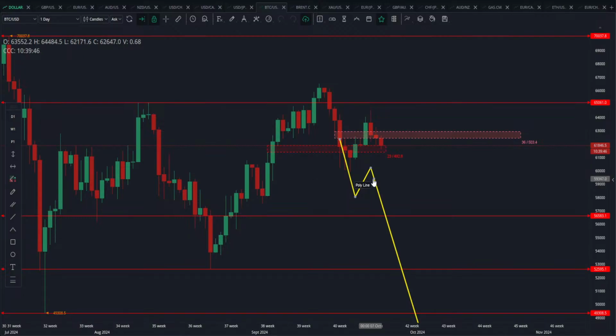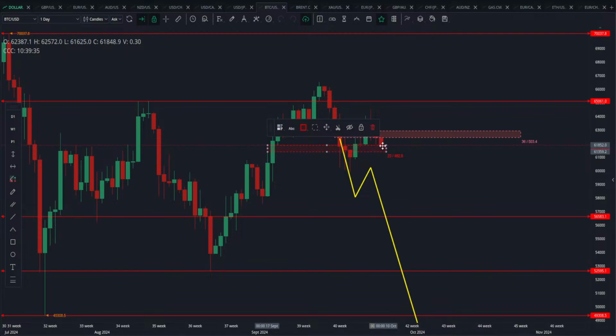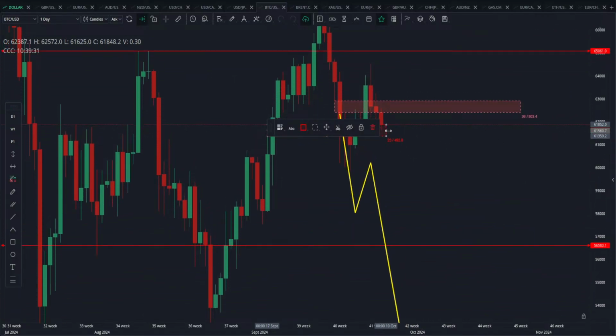Bitcoin. I'm not surprised that Bitcoin is giving a lot of red candles here, and I'll be very happy if it closes below this fair value gap, because after that the possibility of rising will be less. If the price gives a clean close below this fair value gap, which I have marked right now, then it will be very easy for the price to drop to 6,583.